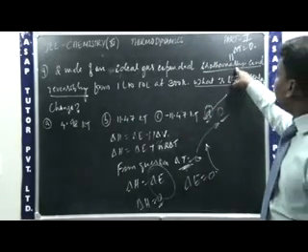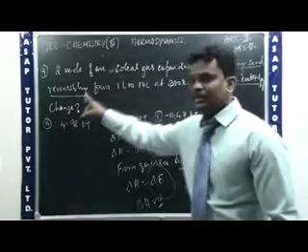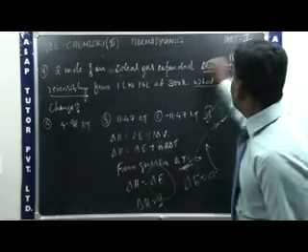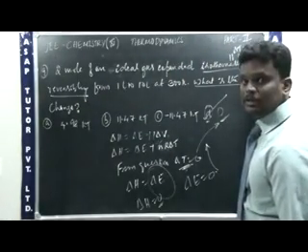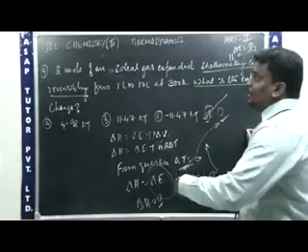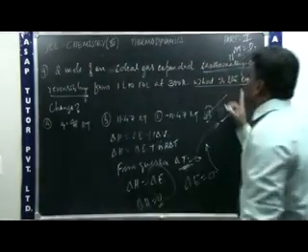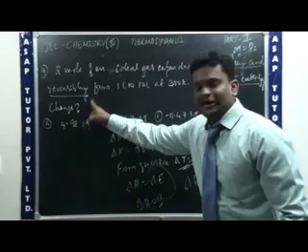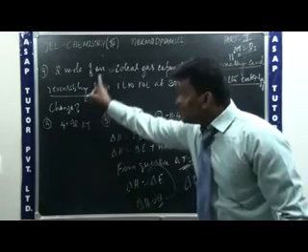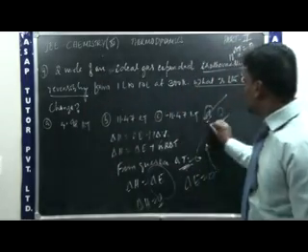Because they are mentioning the condition isothermal and reversible. For isothermal and reversible, delta T should be equal to 0. See, even though they gave the number of moles and volume also, by knowing this condition, we can decide that the change in enthalpy in this question is equal to 0.